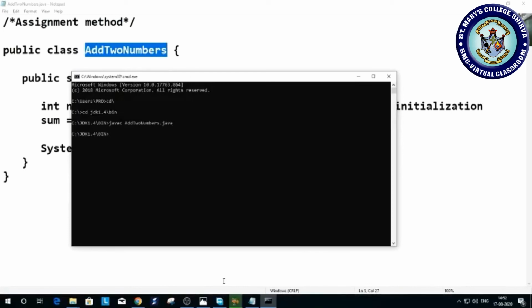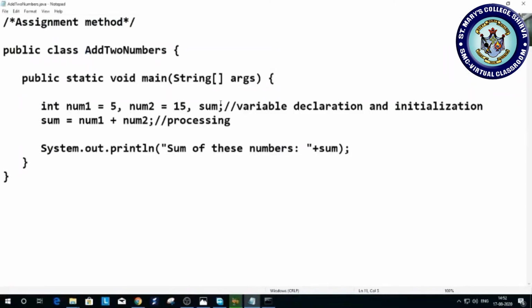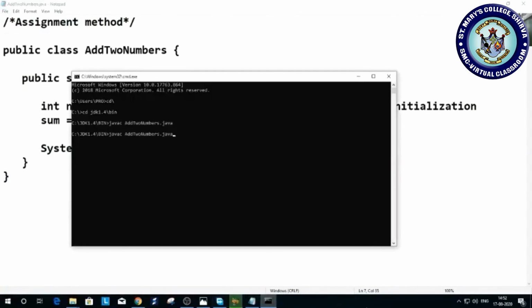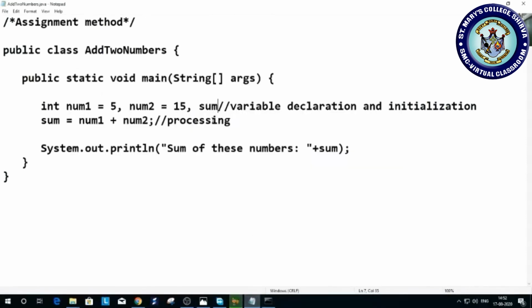Clear? Suppose if I change it here, I make a mistake. I have not terminated with a semicolon. I am saving here. Once again I am hitting the up key. You just identify here, you are identifying a mistake. What is here? It is showing semicolon expected, where it is expected here. Okay, so once again I am coming here and fixing it.